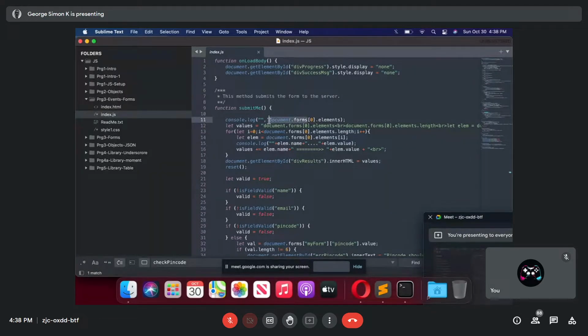Look at only what I highlighted here, document.forms. It returns all the forms in that document. That means you can have multiple forms, but generally we will have only one form.